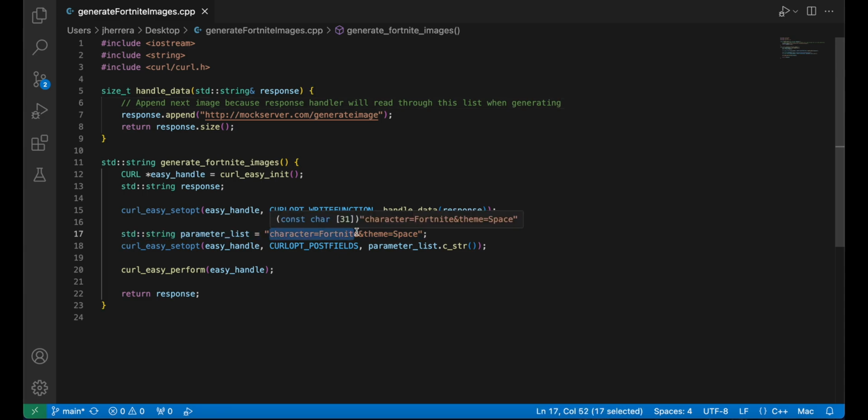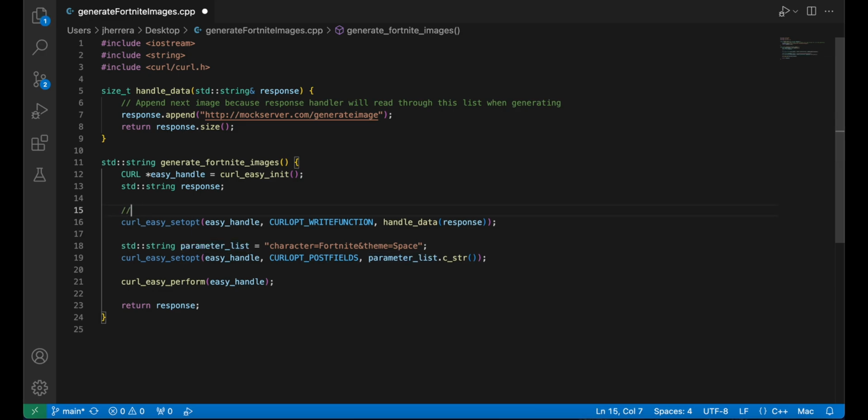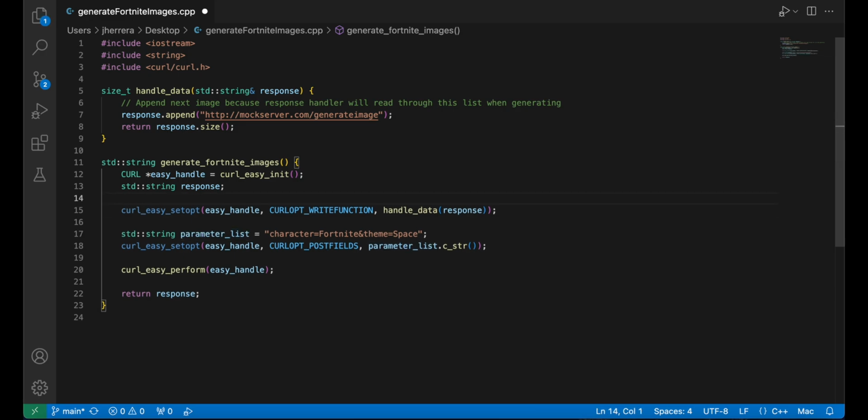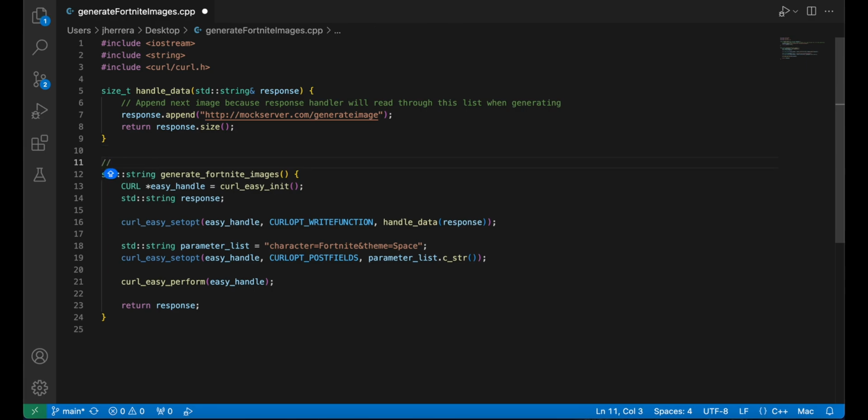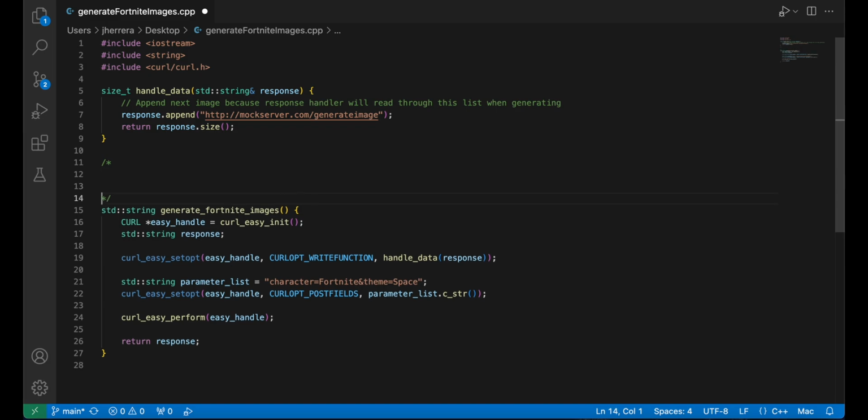This is parameter list, as you can tell by the variable naming here, which is descriptive enough to let us know what's going on. People are very familiar with the URL parameter list, so this is the same concept, the same convention. And so that looks pretty a-okay. So these are pretty self-explanatory. So these look okay. So I think this is fine. We could also just add comments of what these are supposed to do. So very simple. You could just explain the input and the output here, basically like a Javadoc style